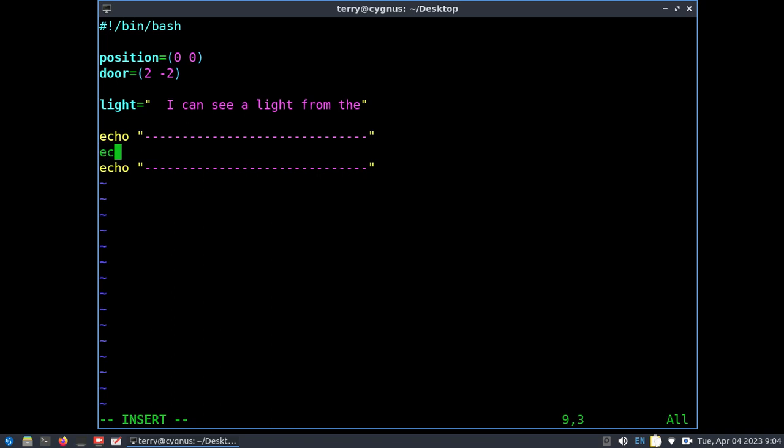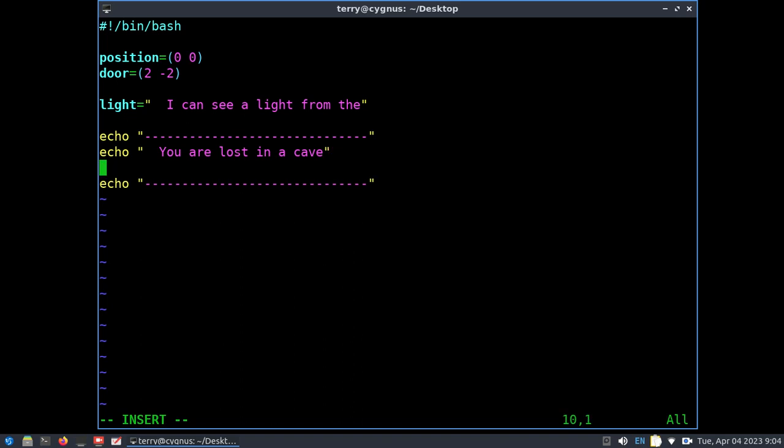And let's echo inside there 2 spaces. You'll see why I have the 2 spaces in front. It just ends up looking better. This is the first message that the user will see: You are lost in a cave. Now let's have another message on the next line. 2 spaces to begin with. You can quit any time